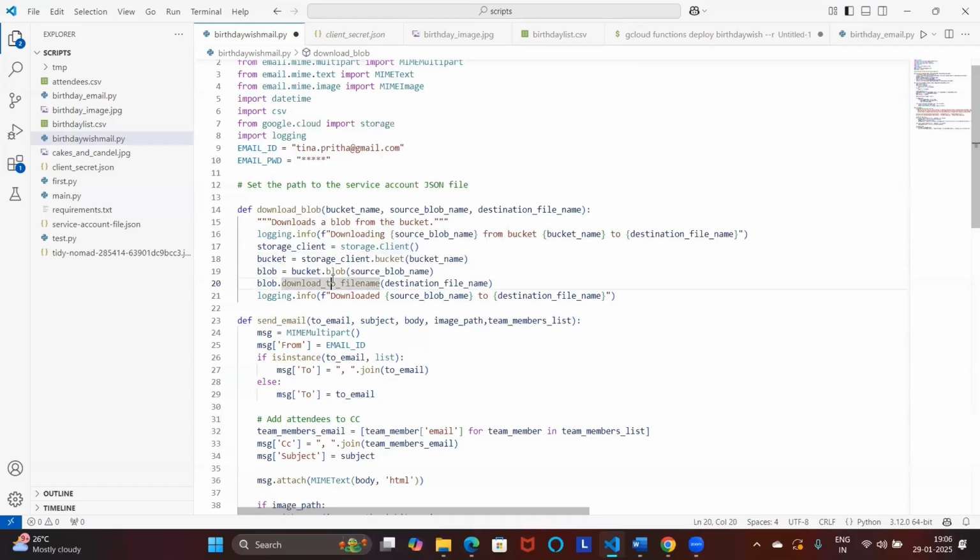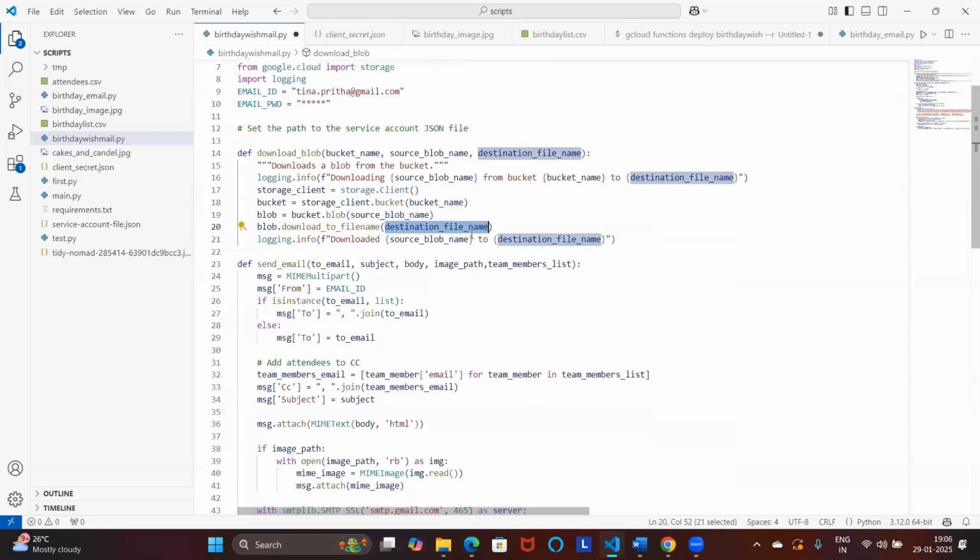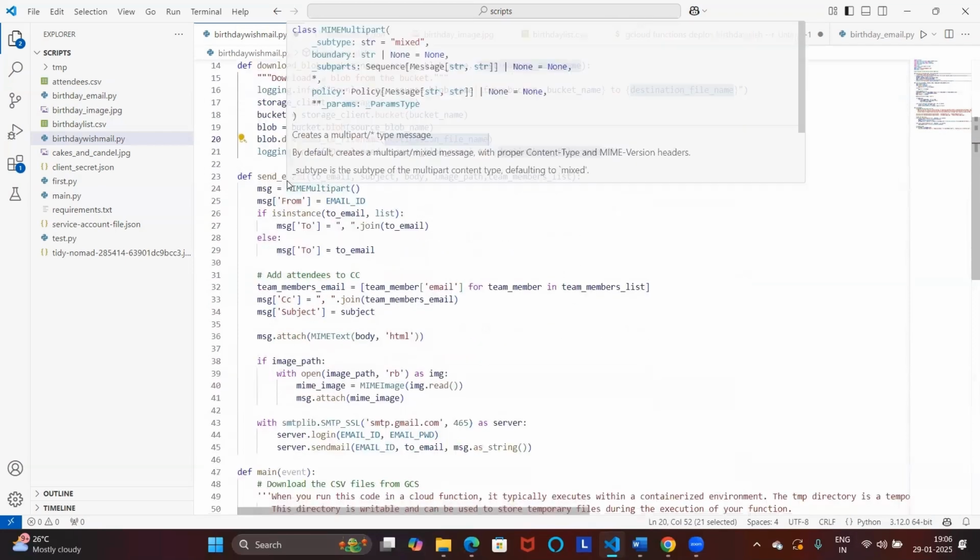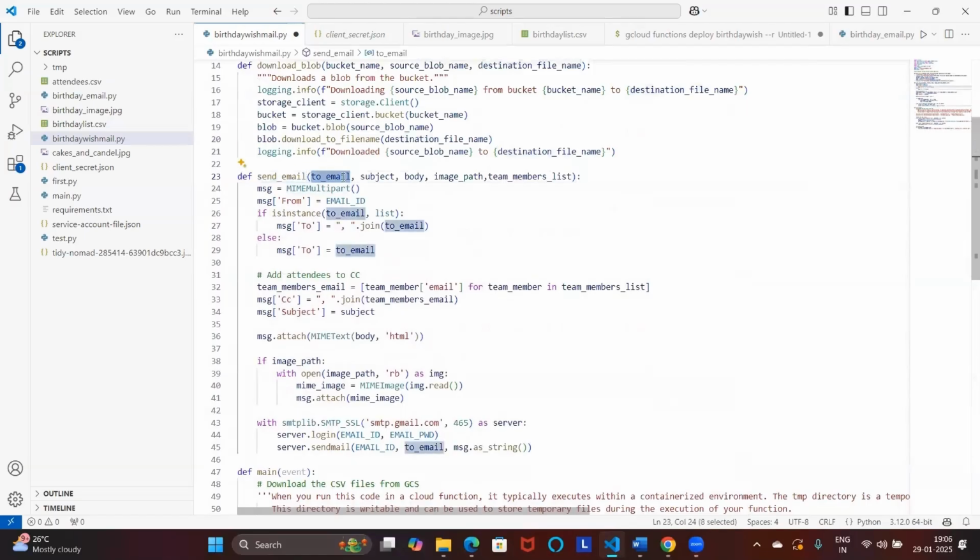And then you use this function on that particular blob object, download to file name. Here you give the destination file name. Yeah, so this is the download blob function. Now the send email function. So here you are sending the email, the to email or the recipient's email, the subject,